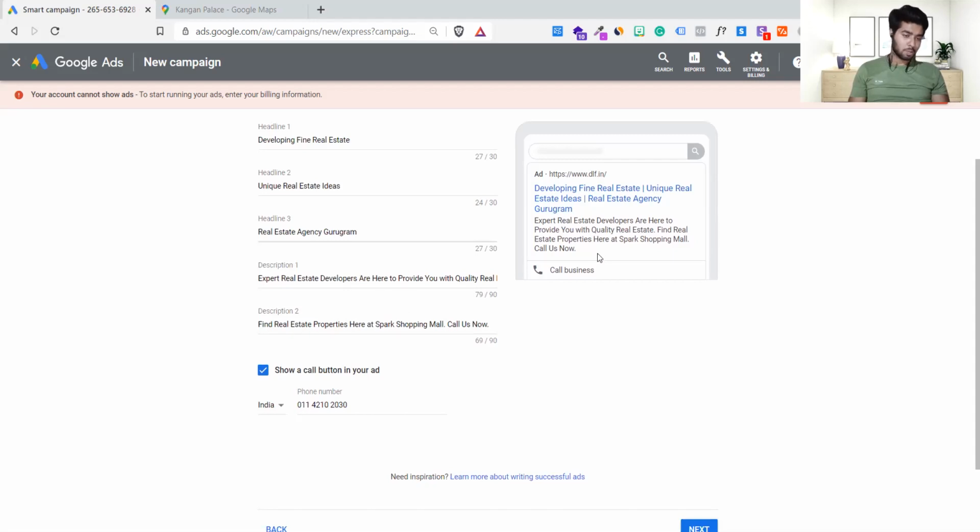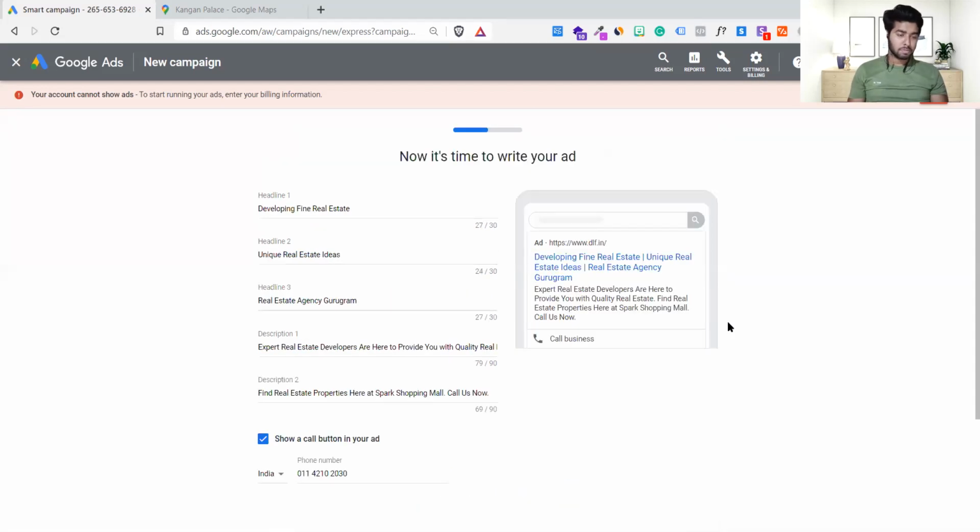And what do you think? This ad copy already looks fine if you are running for developers like builders and a real estate agency. What do you think? It looks fine, right? Yes. So AI did a good job, I guess. It automatically fetched all the details and description for it, correct? But I think there will be keyword stuffing of real estate because there are 3 keywords.